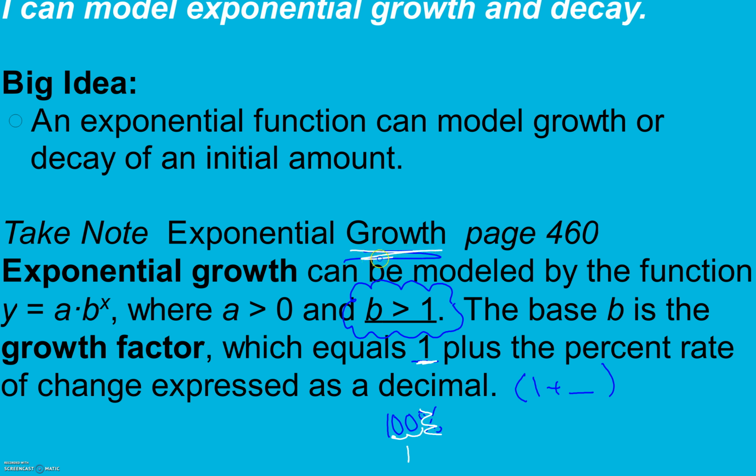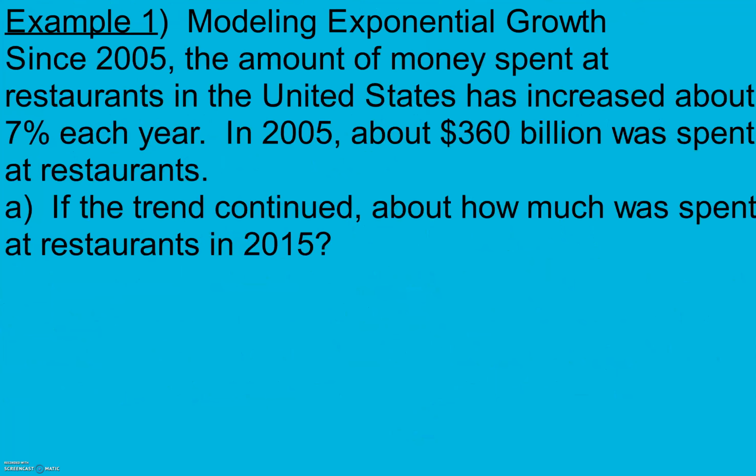And because we're growing, we add the percent rate of change, but we put that in as a decimal. Our a is where we start, and our b is our growth factor. We get that again by taking 1 plus our percent rate of change, written as a decimal. Example 1 says, since 2005, the amount of money spent at restaurants in the United States has increased